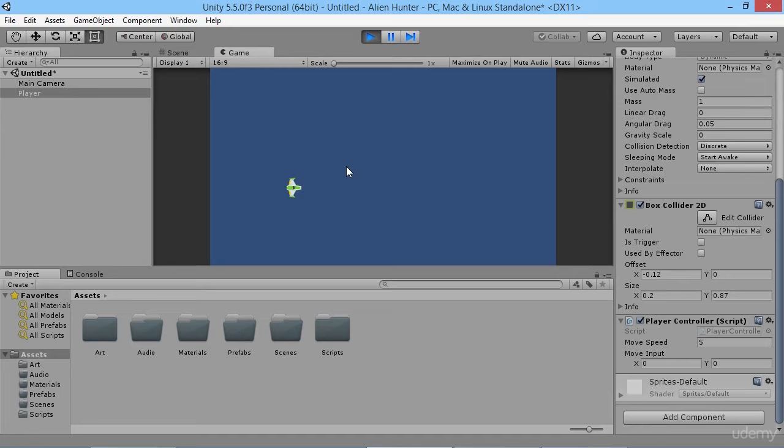So as I said, it's all down to personal preference and how you want your game to feel. So feel free to either use GetAxisRaw or just GetAxis. So now that we have our player moving around, there's one other little thing we want to fix up, which